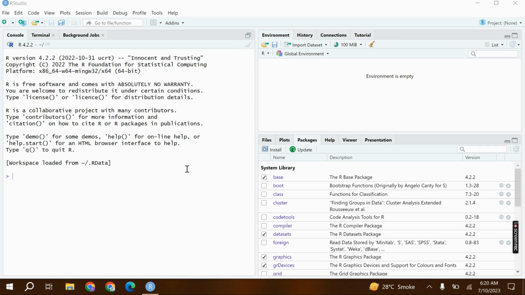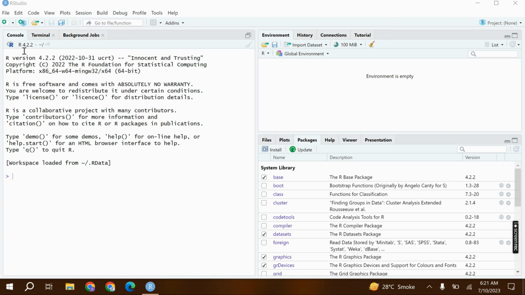Today, we are going to get started with R. Double click on the RStudio icon on your desktop or look for it in Apps. When the R program starts, this window will show up. Initially, we have three panels here: Console panel on the left side, Environment panel on the upper right side, and Packages panel on the lower right